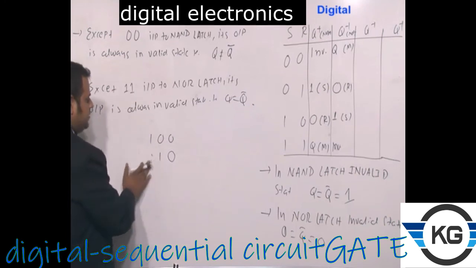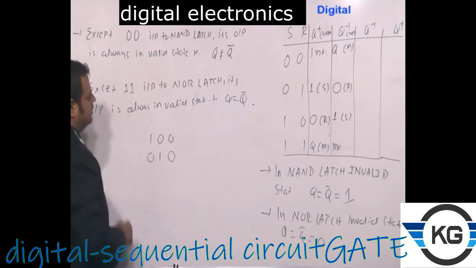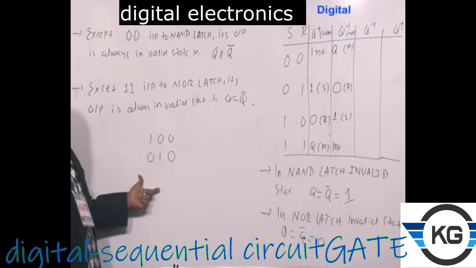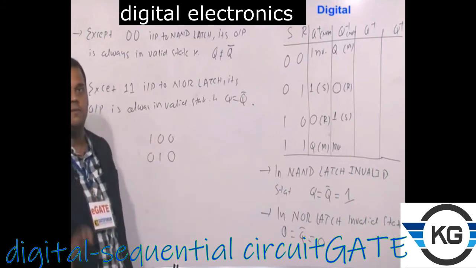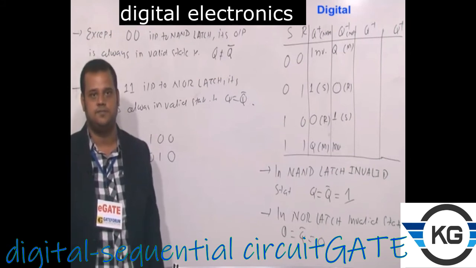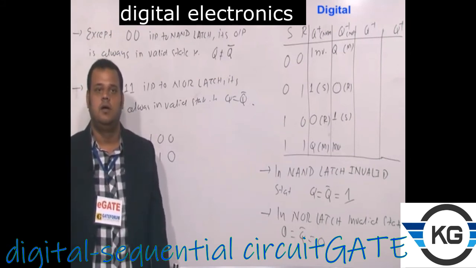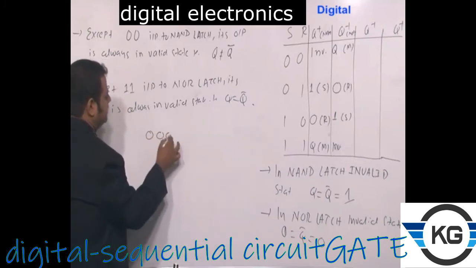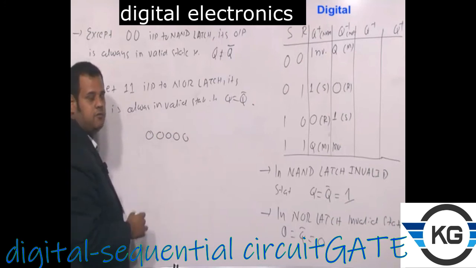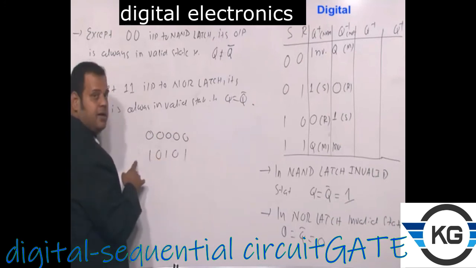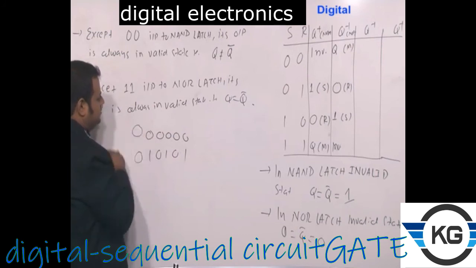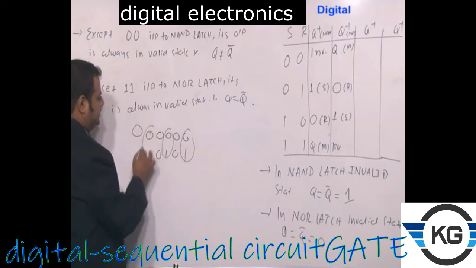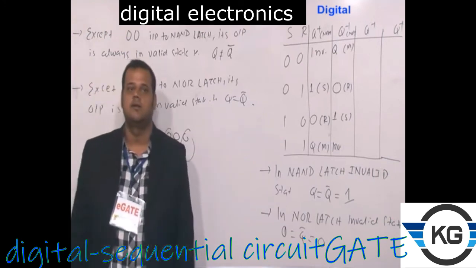However, if I change this to 010, now I will say the distance between these codes is 2 because with respect to this, 2 bits are changing. As you have given, first 5 zeros, then 10101, and again you have attached a 0 here, so by default this is also 0. You see how many digits have changed. This is one change, this is another change, this is another change. So the distance is 3. Like this you can calculate.